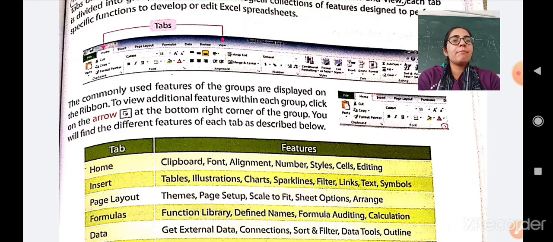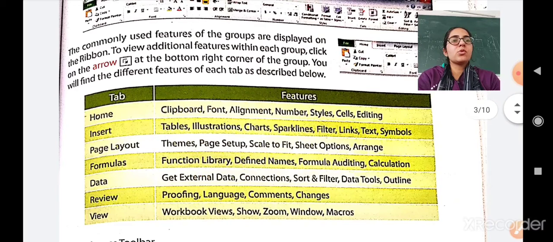Let us see some important tabs and their features. First is the Home tab. The Home tab has the features of clipboard, font, alignment, number, styles, cells and editing. Then the Insert tab contains features like tables, illustrations, charts, sparklines, filter, links, text and symbols. Then Page Layout: theme, page setup, scale to fit, sheet options and arrange.